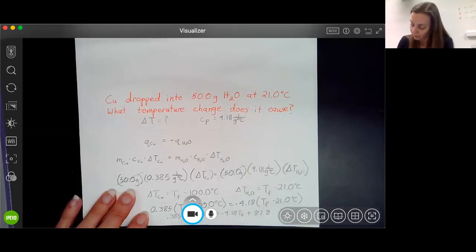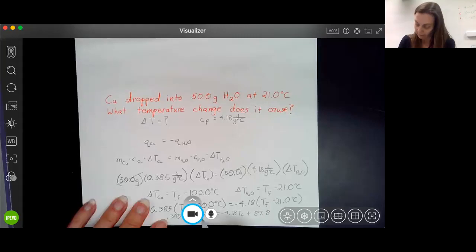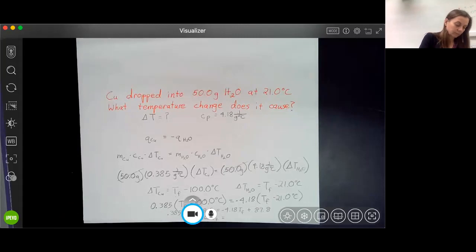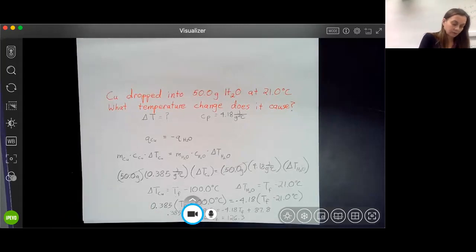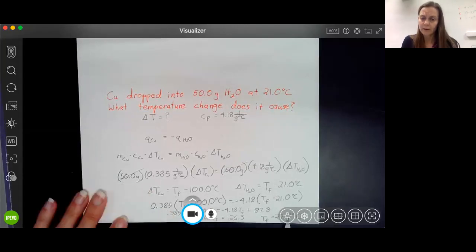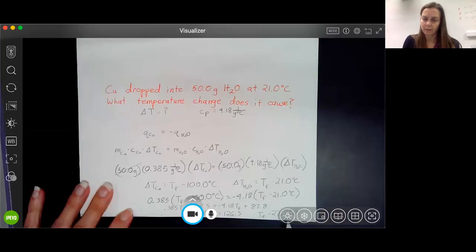Okay, so now we're just going to solve for TF. So 0.385 plus 4.18, and we have 4.565 times final temperature equals 126.3, and now we're going to solve. And we get that the final temperature is equal to 27.7 degrees Celsius. So we know that the final temperature of both the water and the copper is 27.7 degrees